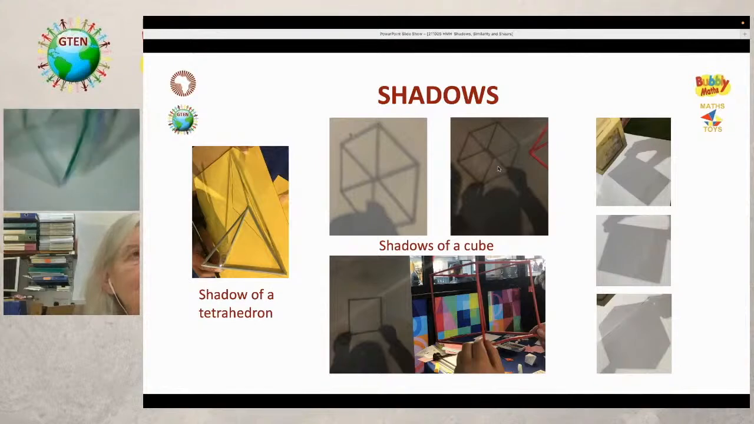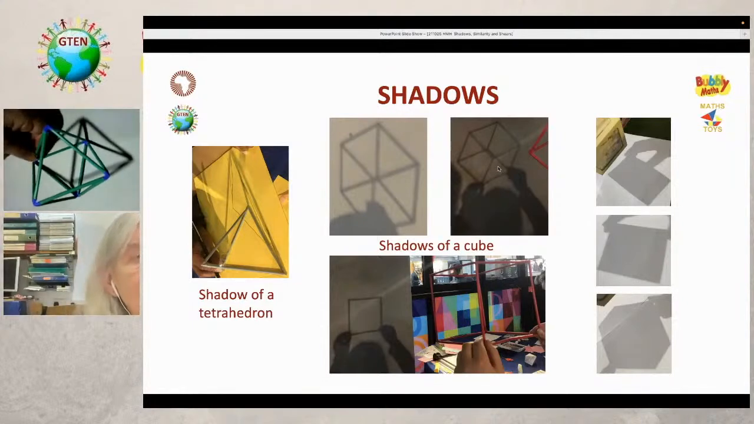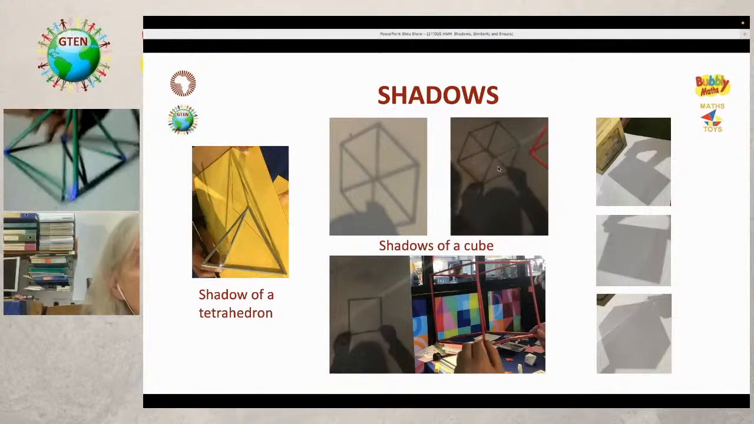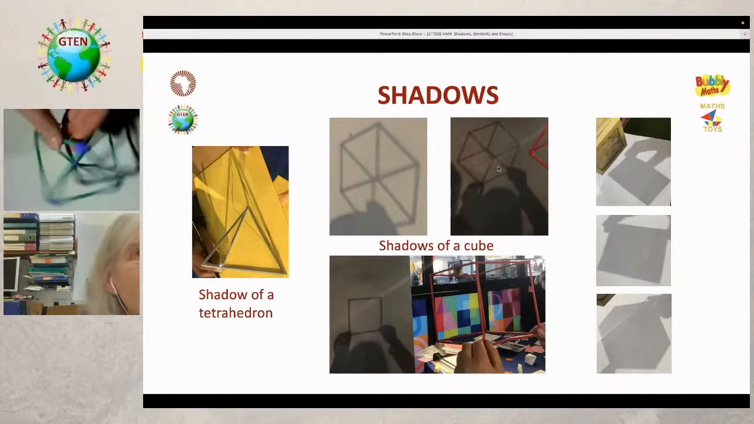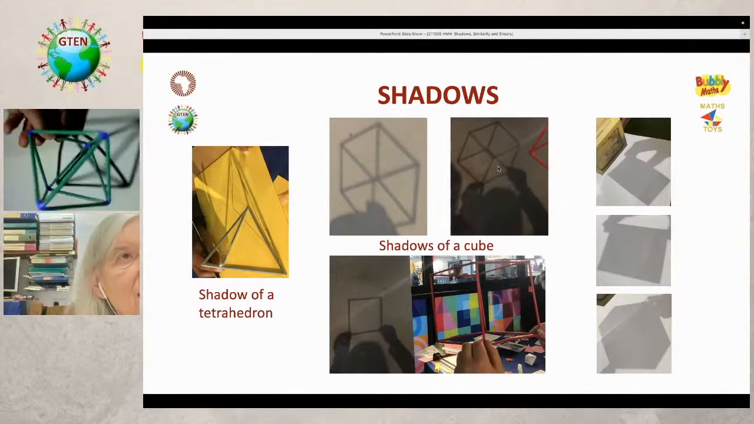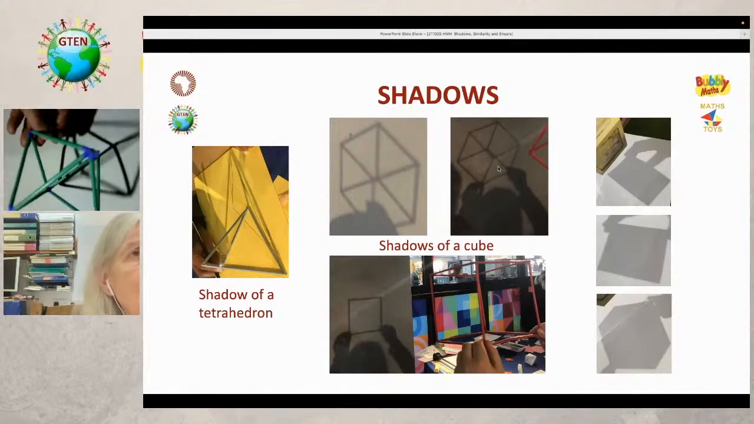And this is an octahedron. Now that is one of the regular shapes. That's got 8 faces that are equilateral triangles. And we can see,